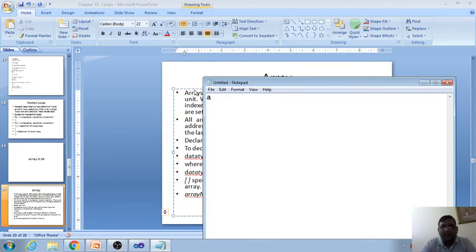For example, I declare one array of size 10. A is the name of the array, and size 10 means we can store 10 data. For example, I store 1, 2, 3, 4, 5, 6, 7, 8, 9 and 10. These 10 data I want to store.